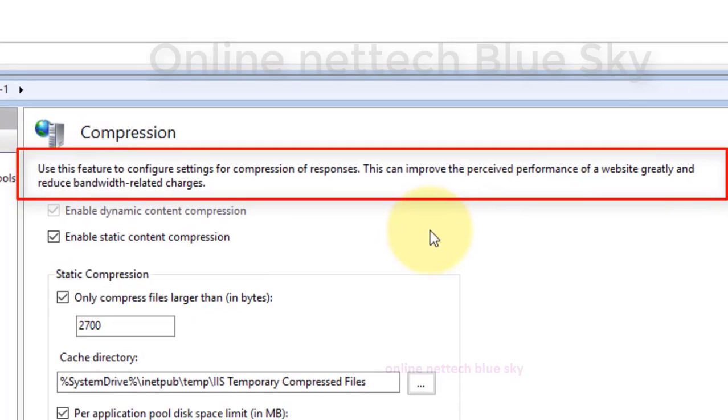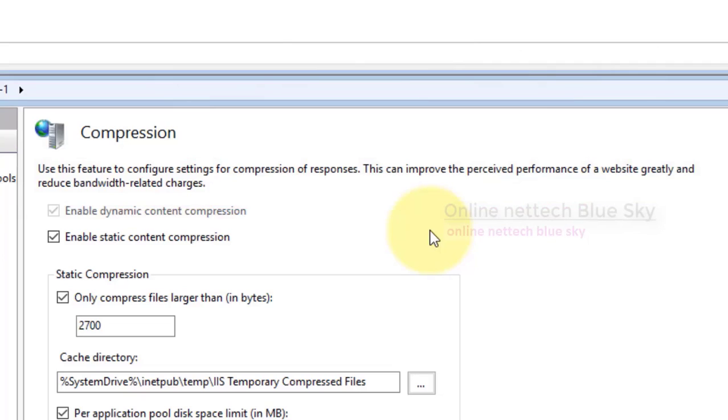Use this feature to configure settings for compression of responses, and this can greatly improve the performance of a website and reduce your bandwidth costs. So if you want better performance, use compression and use less bandwidth.